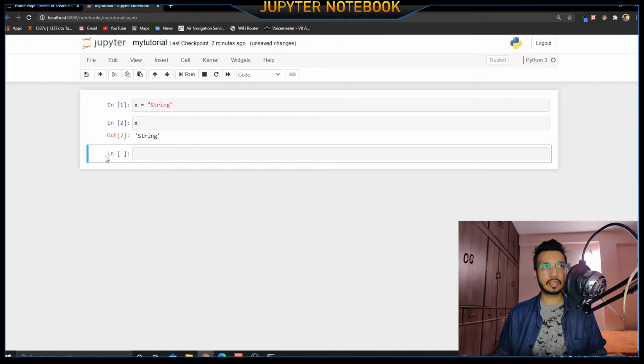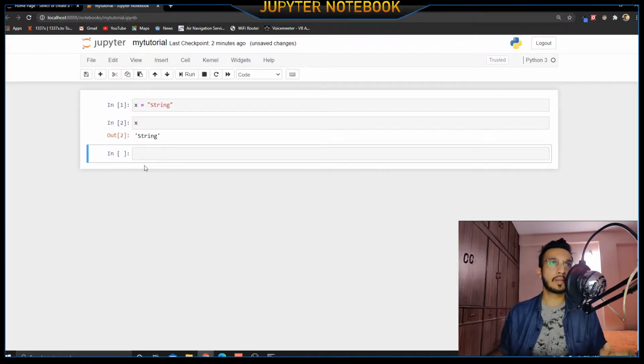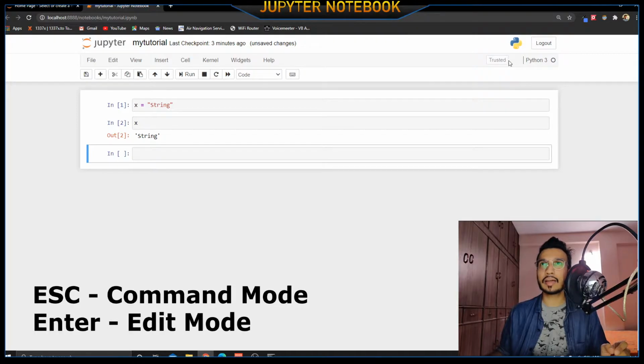So let me just delete this current cell. For us to know how to delete this, you can pretty much go to your edit button and delete the cell, or you could use shortcuts to it. So for example, if you click here, you see the green color. So this is basically the edit mode, and you will also find a pencil on the top right, which basically tells that this is the edit mode. And if you press escape, now you have a blue color here, and that edit mode is gone.